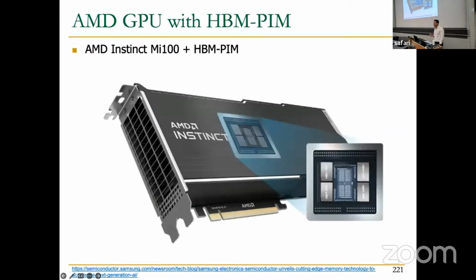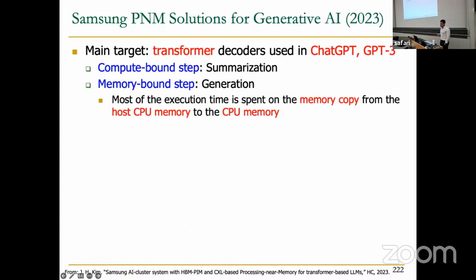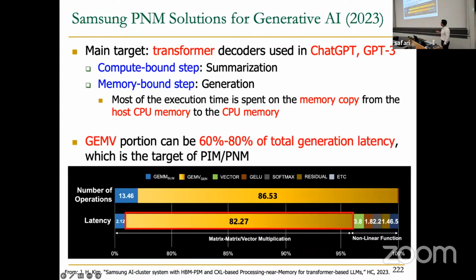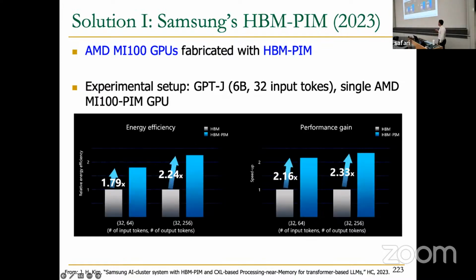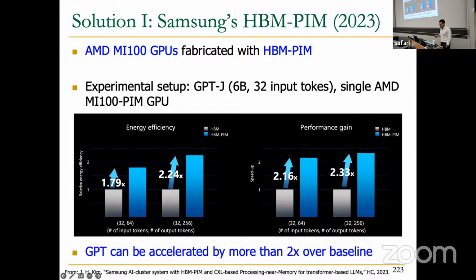As I mentioned, they keep prototyping other architectures that build on top of this FIMDRAM architecture. In 2023, they came up with this other architecture targeting specifically transformers. It's just their plot showing that the generative step in transformers is memory bound. And then they came up with this architecture that merges this HBM PIM architecture together with AMD GPUs. And they showed that if they collaboratively do the computation together with the GPU, this is much more beneficial than doing the computation using only the GPU itself.